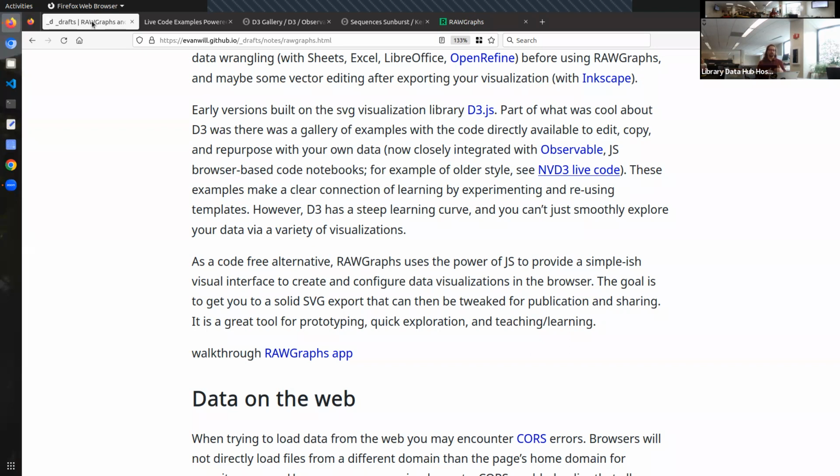So RAWGraphs really grew out of that and tried to take all the visualization examples that were in D3 and make an easy-to-use visual way to create and configure those data visualizations right in your browser, rather than having to write the code to do that. And their goal has always been just to be able to do that visually in a pragmatic fashion, and then get you the SVG that you can export, that you can then go ahead and tweak for your needs, for your publication,